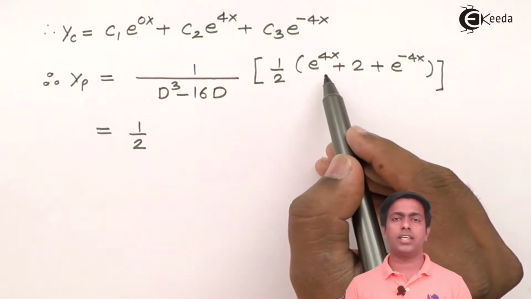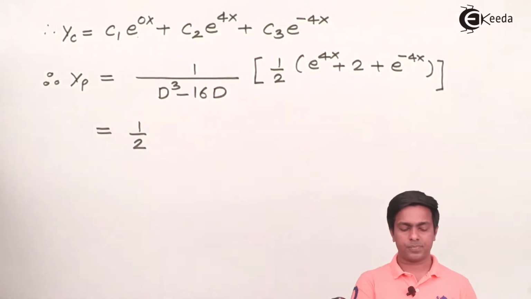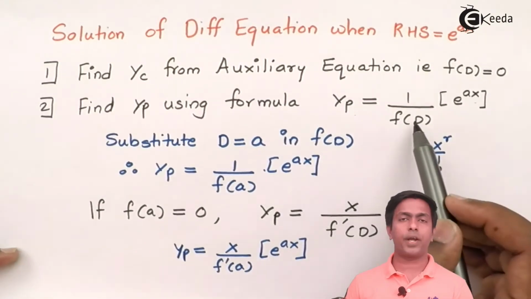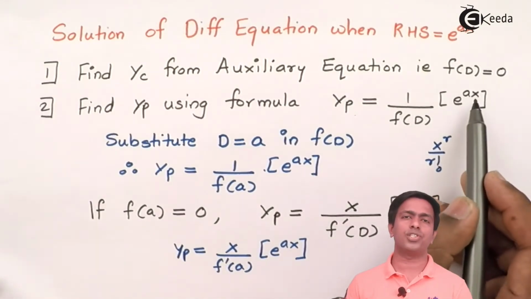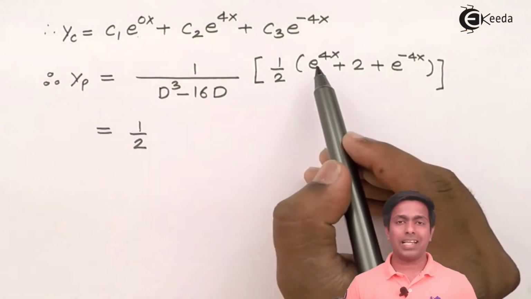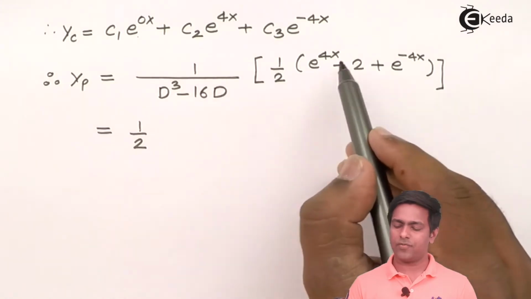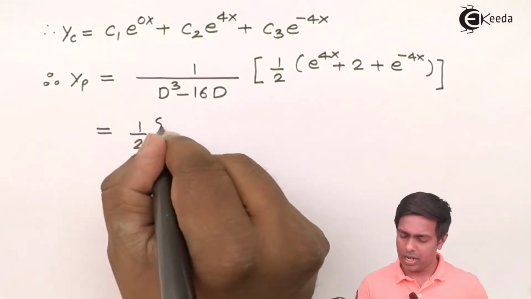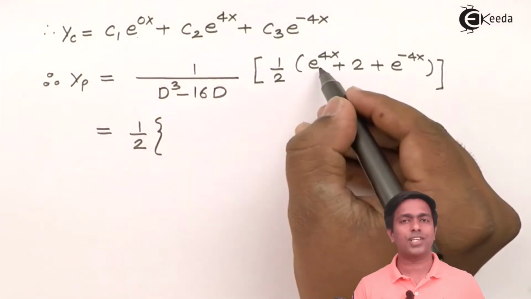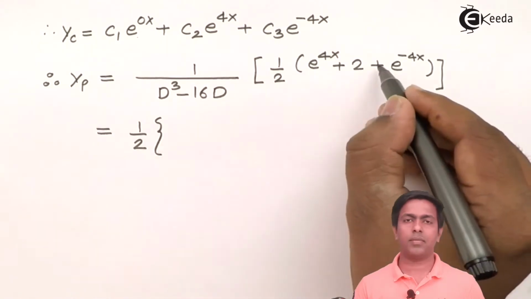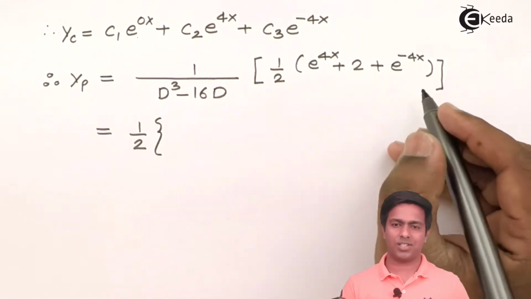If you see the rule, what we do here is apply this operator on one exponential term. So here I'm going to apply this operator on each function separately by using the linearity property. I'll apply this operator first on e to the power 4x, then plus, on the second term, then plus, and then on the last term. So that will become,